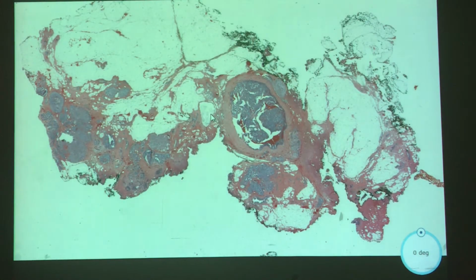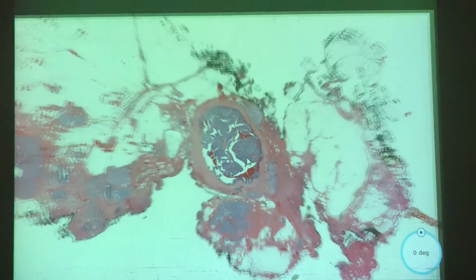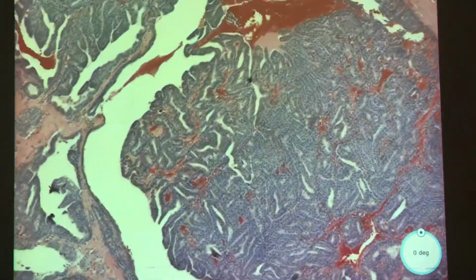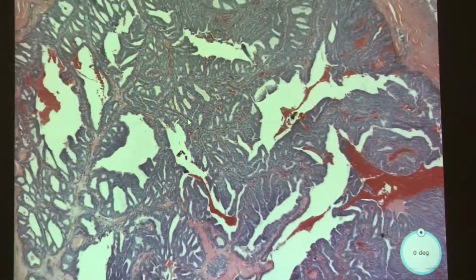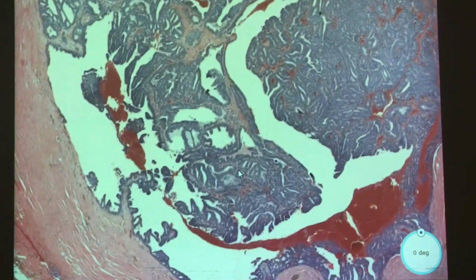Okay, something different. At low power, you can tell that there's a lot of just proliferation of something, cells, pretty much everywhere in the specimen. The margins are clean, I think, if this one's coming close, but technically not at the ink, so technically no. But that's beside the point. So going in here, just looking at this, there's a sort of papillary pattern to it, but within the papillary pattern there seems to be some,